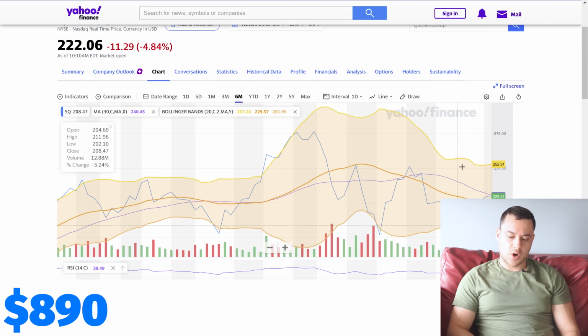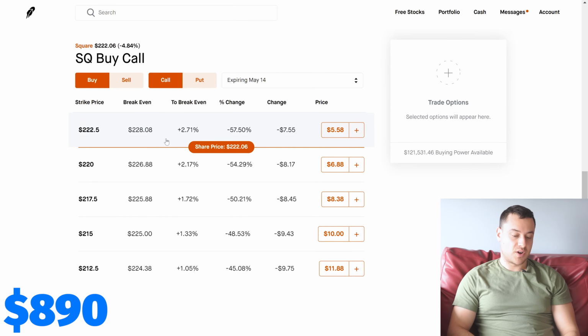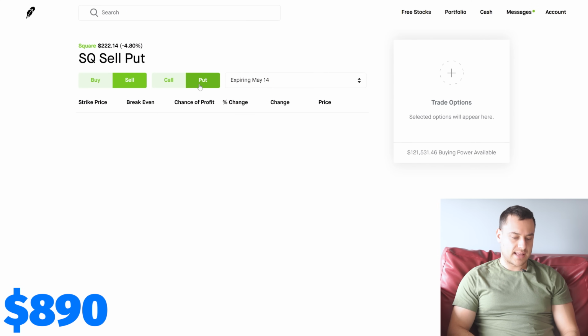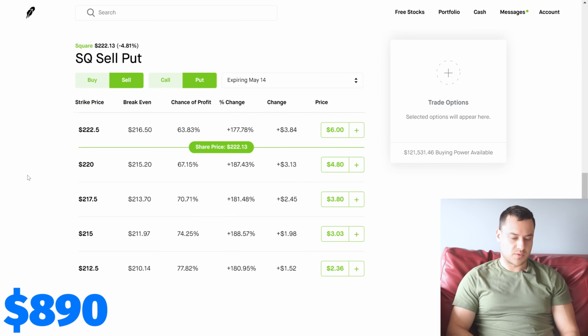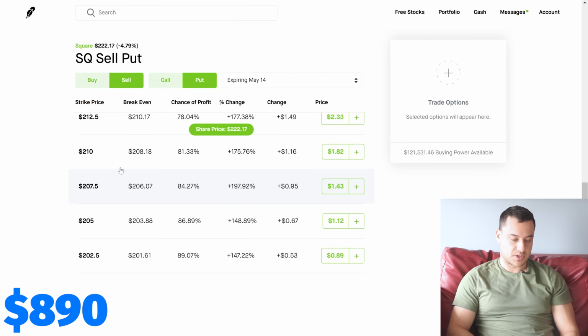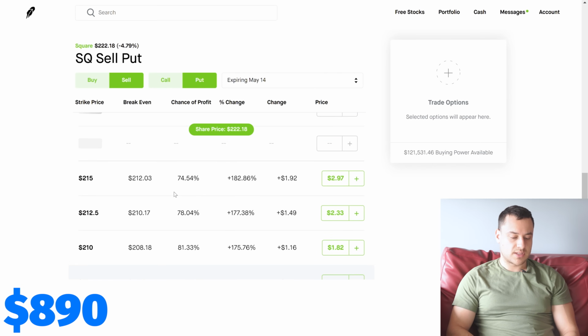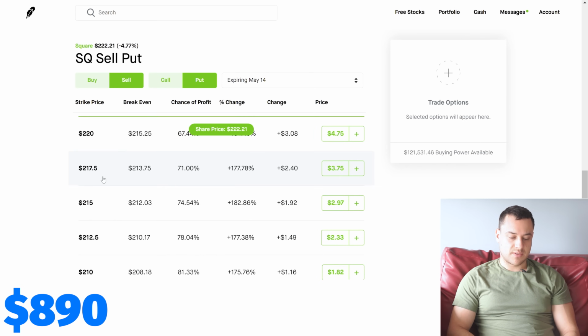per share. So what I'm going to do is I'm going to go to Robinhood and I'm going to sell a put option on Square. I'm going to look at the option chain and see which one makes the most sense. So I said at the $205, I'm very comfortable selling a put option. However, since the moving average was closer to 229, I am comfortable going a little closer to the money with this put option. So instead of the 205 put option, which only has $1.12, I'm going to go higher and I'm going to sell a put option at the 217.5 strike